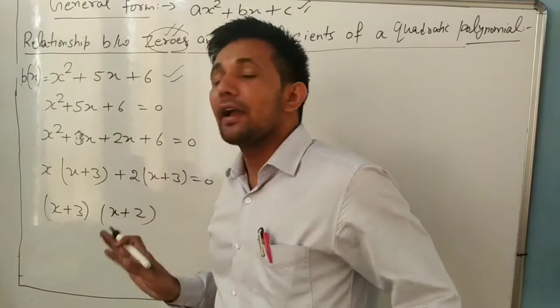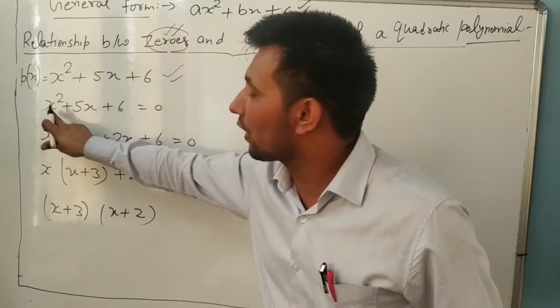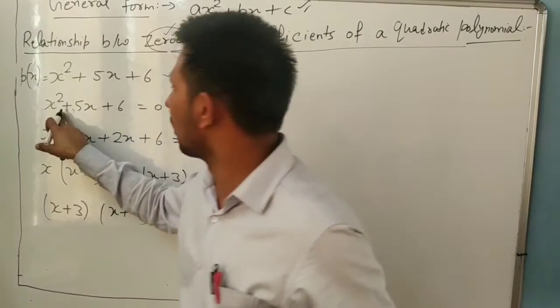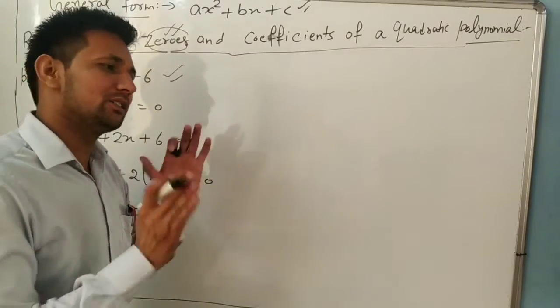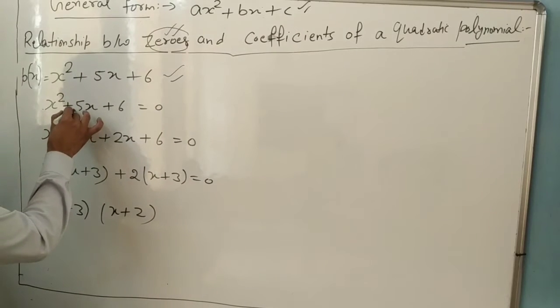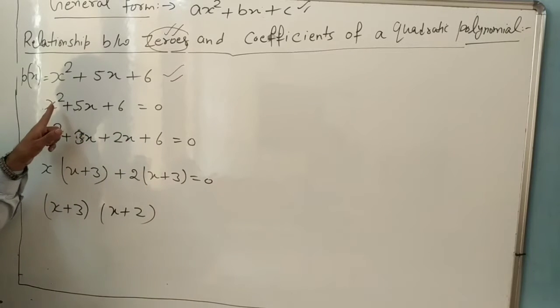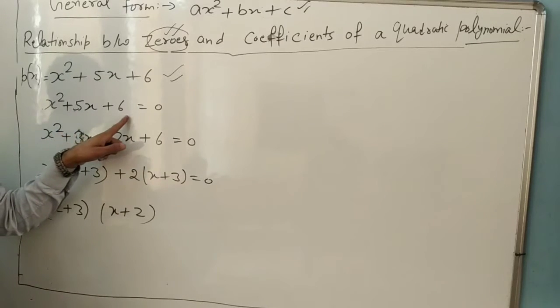In 8th class, in 9th class, do you remember how to find the roots or zeros of a quadratic polynomial? Everyone knows what we will do. I will write some steps, but just for an example, okay? So what we will do? First, we will write the quadratic equation in descending order. Descending order. First, the variable whose power is more, x square, x and 6.